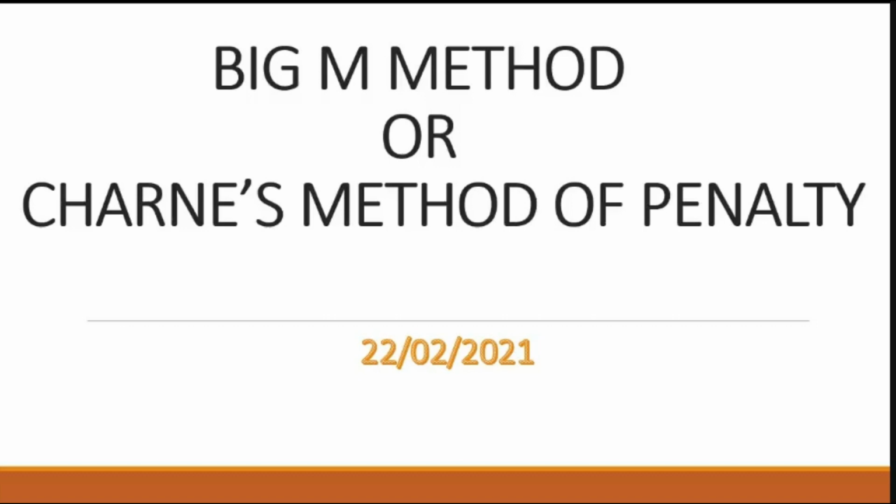So we'll move to the next method, which is called the big M method or the Charnes method of penalty. The other day we have seen the simplex method. The simplex method is used when we have the objective function as maximization and the constraints are all less than or equal to. So here also we have the same condition: objective function maximization, and the right hand side of each constraint should be positive, but there is no restriction on the inequality. You can have less than or equal to or greater than or equal to. That's a drawback of the simplex method, that it is not used for